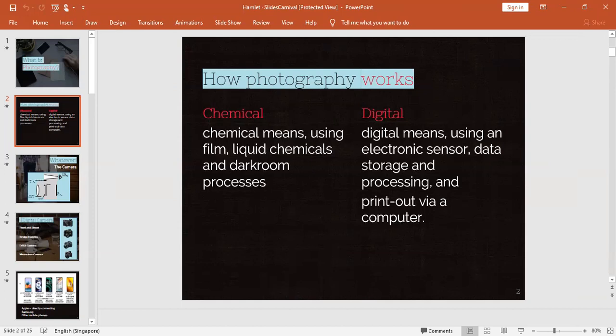When you want to share those pictures, nowadays DSLR cameras, even digital cameras, have wireless fidelity, Wi-Fi connections, and Bluetooth, so you can share images too. It captures images through sensors, and even the storage is digital.